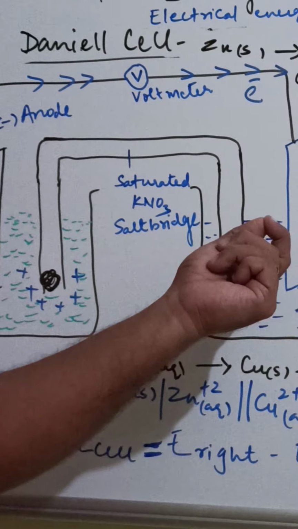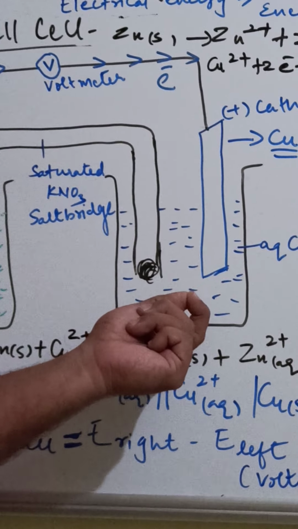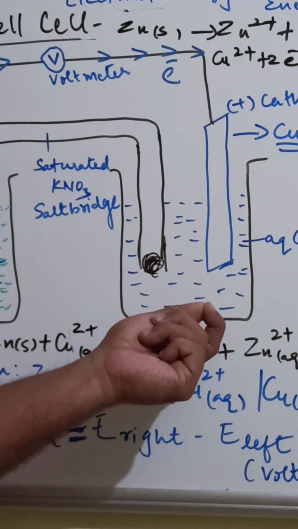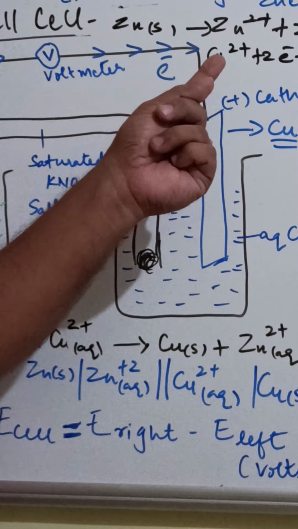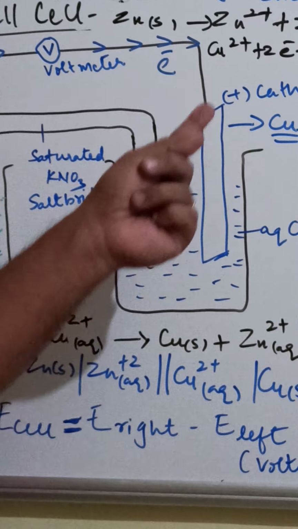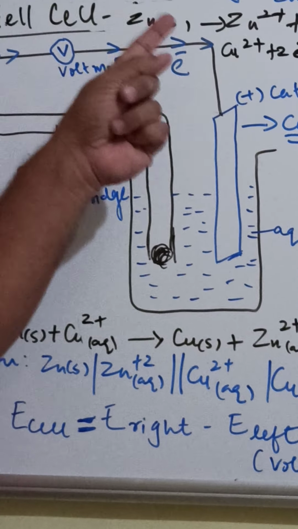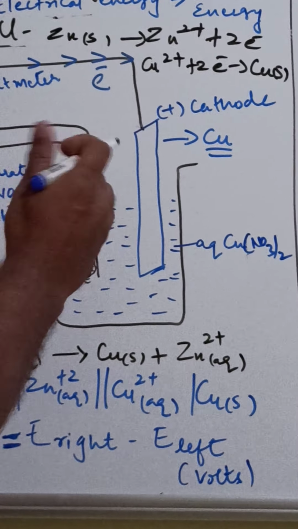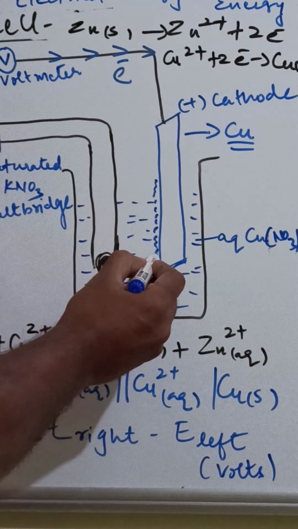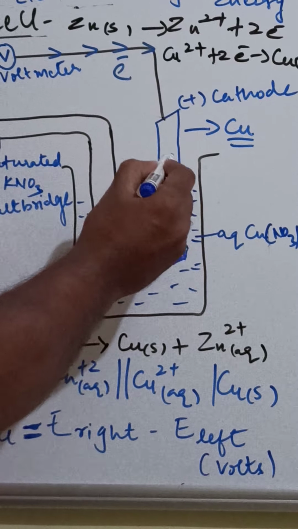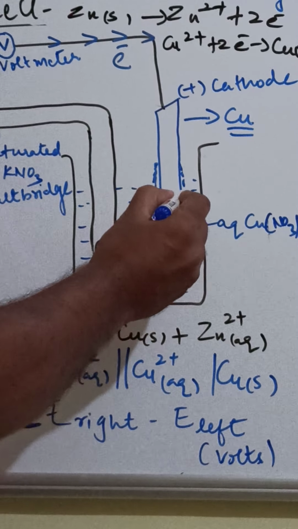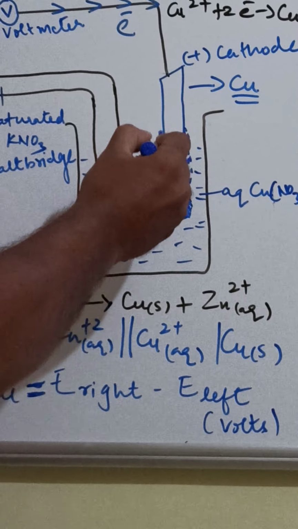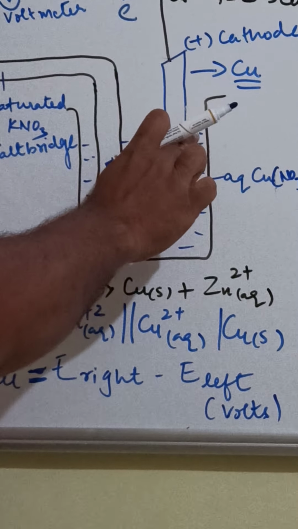While in this case, to the right hand side, in this particular half cell containing copper nitrate electrolyte, the copper is getting reduced. That is, copper 2 plus in this solution gains 2 moles of electrons which are obtained through this external circuit, and copper is reduced. That means the mass of the copper has to increase. There are millions of copper 2 plus ions getting reduced, and copper is deposited in solid state here